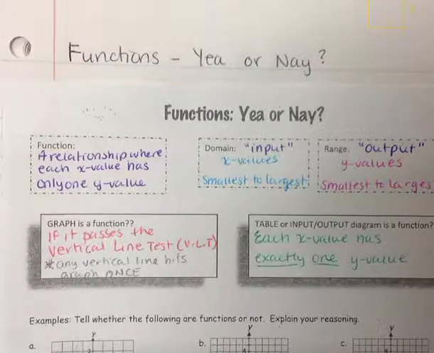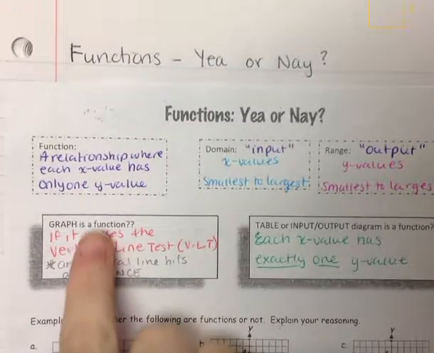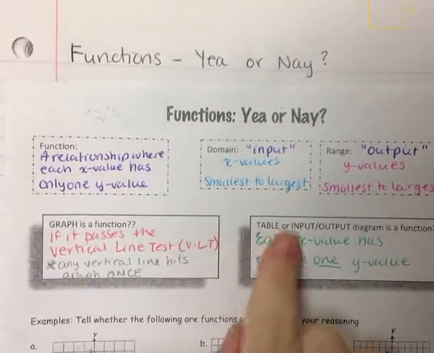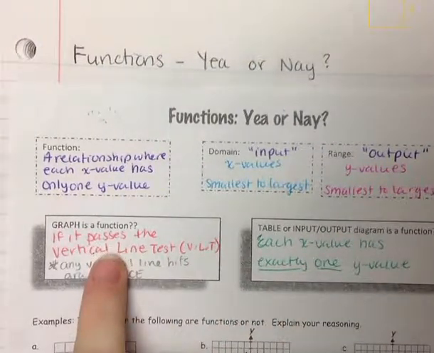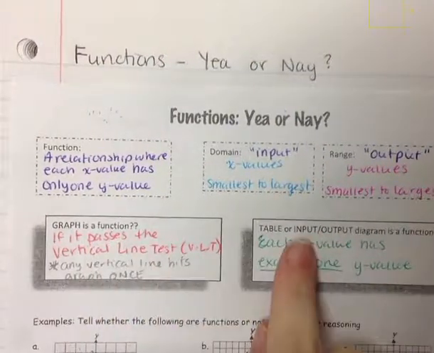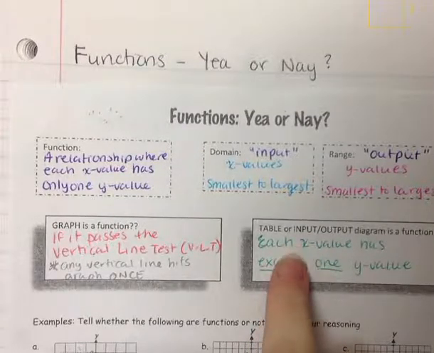This video is on functions. We're going to determine if these are functions or not. So we have functions, yay or nay. We're going to be looking at graphs, and we're going to be looking at table or input-output diagrams. For graphs, we're going to look for the vertical line test. For tables, we're going to be looking at the x values to make sure that it only has one y